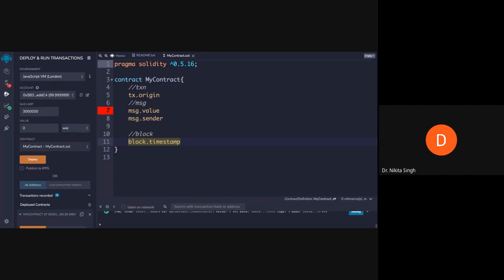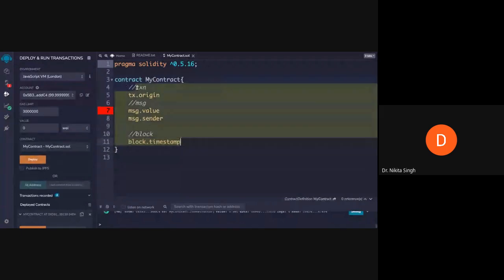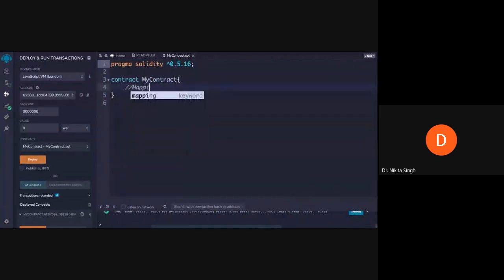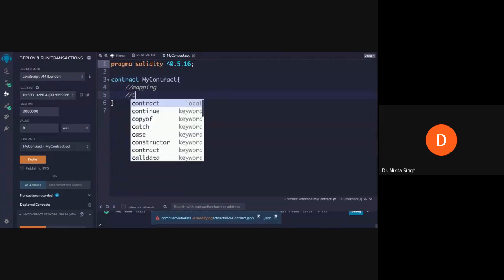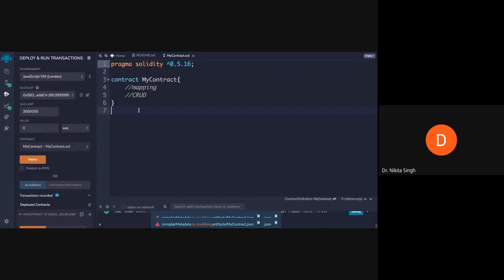So next we'll be talking about mappings. With respect to mapping, we'll be talking about how do we declare a mapping, how do we read a mapping, how do we update a mapping, and how do we delete a mapping.